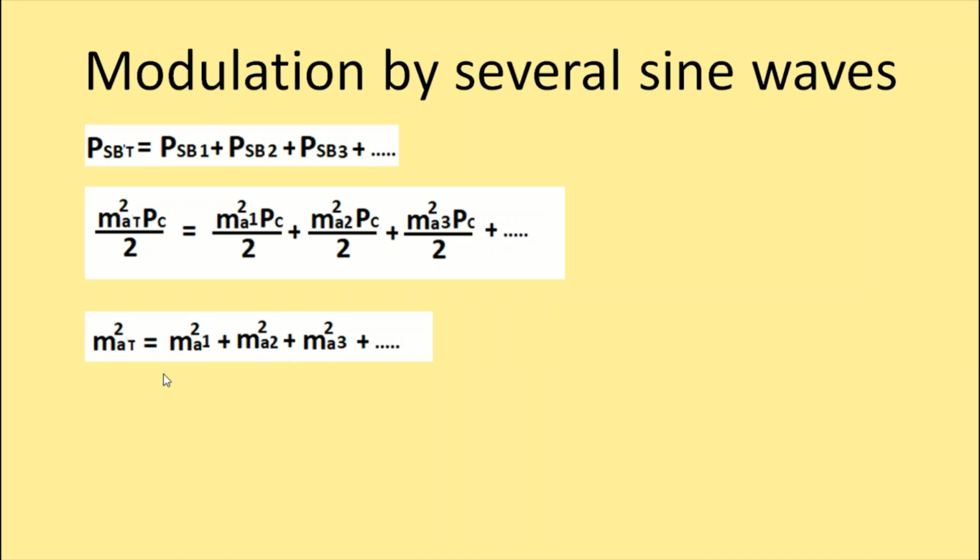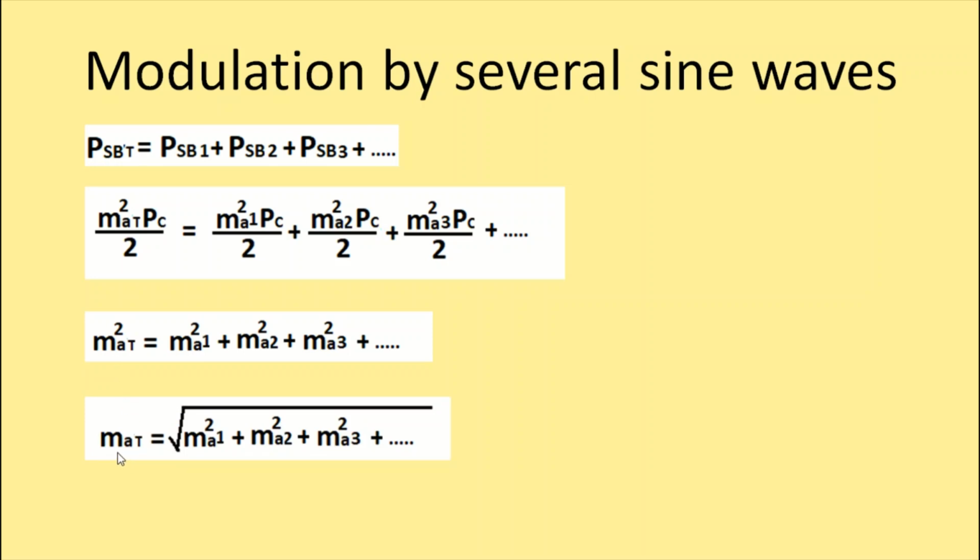So from this expression, I can get the total modulation index value as MA total is equal to square root of MA1 square plus MA2 square plus MA3 square plus so on and so forth. This is one of the very simple derivations which can rarely be targeted for 2 marks. Whereas students, the power and the current relations, these derivations are quite important from your exam point of view. The power relations can be asked for 5 marks.